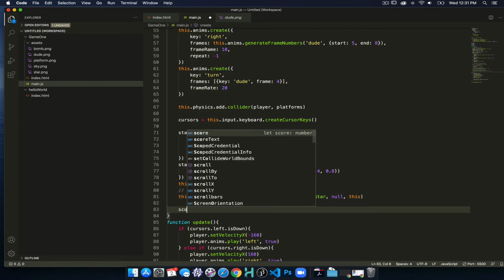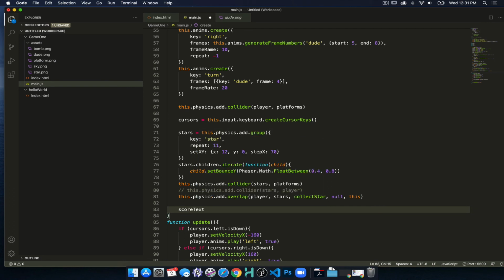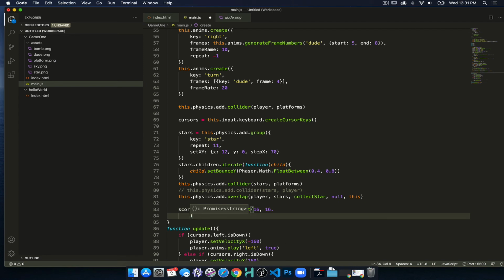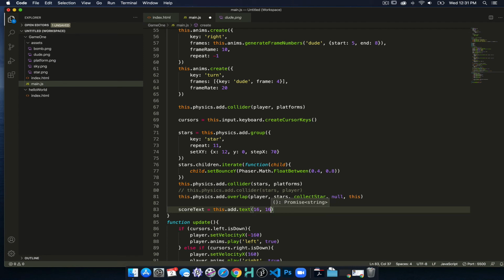So score text is going to be this.add.text, and we specify an X and Y location, 16, 16. We will then, comma, not period, so 16 comma 16 comma, and now my single quote score colon space 0 end quote comma,